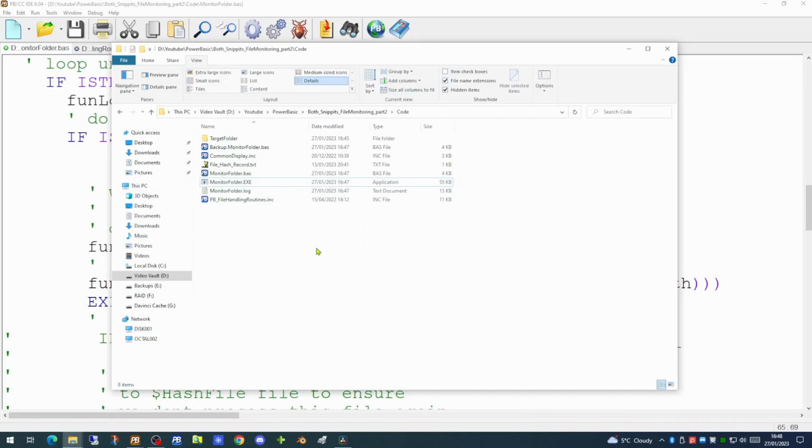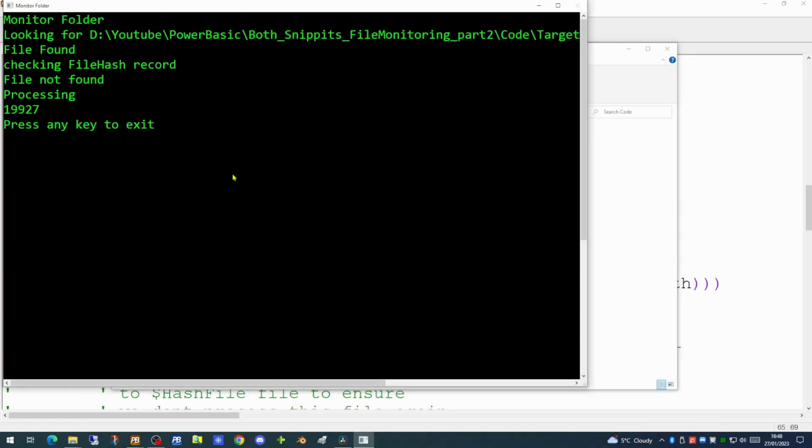So before we run our application, we'll need to remove the file hash record, as this holds the hash of our file. So if we try running our application now, it is coming back to say it's found a file, and it's giving us a value of 19,927 minutes. So this target file has been created some time ago.